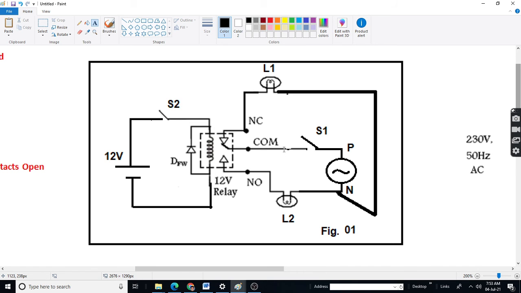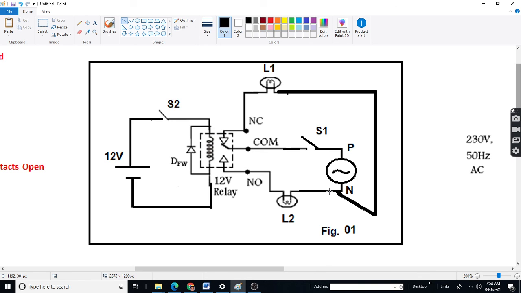Now what happens is, even without actuation of relay, that is without closing S2, lamp 1 will glow, because as soon as you close S1, current will flow like this from phase to the COM to NC, because NC and COM are closed, through lamp, like this, to the neutral.